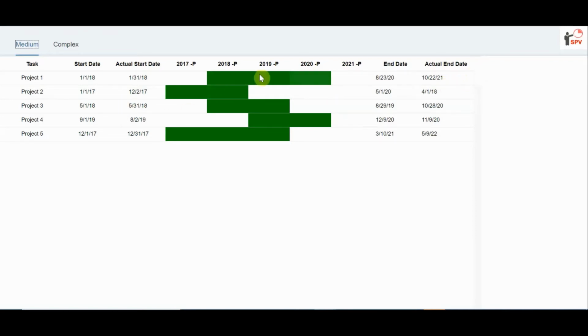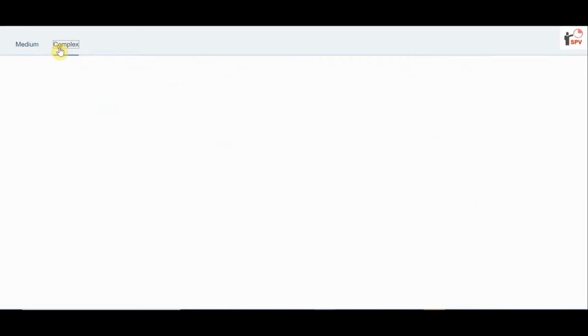So here we cannot show two lines. We are showing the start date and end date, 18 to 20, so that is getting highlighted. Similarly for the others, this way we can make it with the Gantt chart. Here only start date and end date are there. If you want actual start date and actual end date, we cannot make two bars in the same line. For that, we'll switch to another.